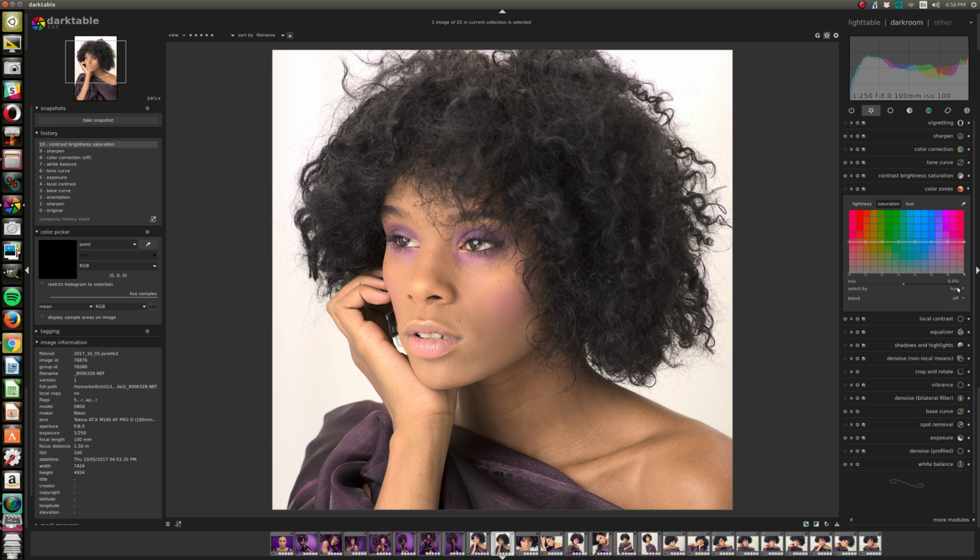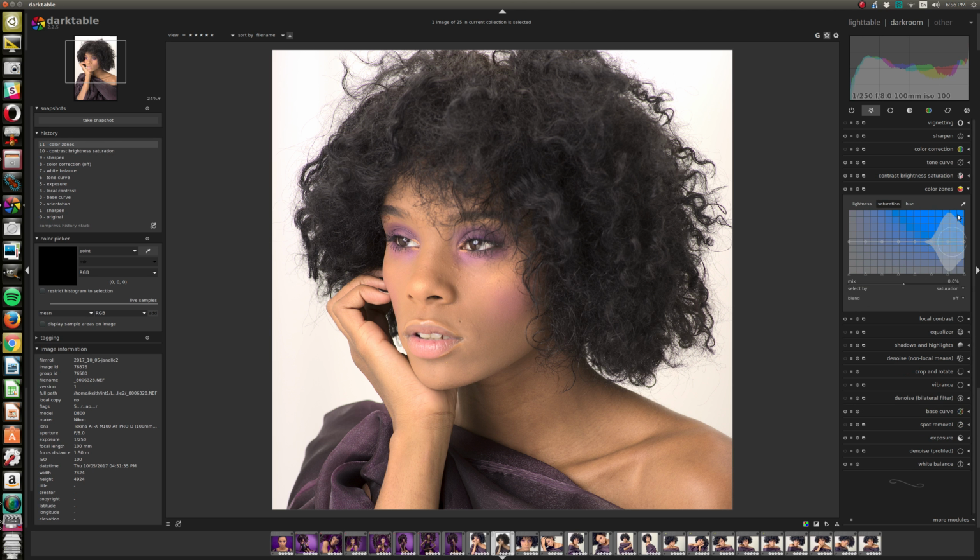So let's play with this. Now I find with skin tones, the way to really